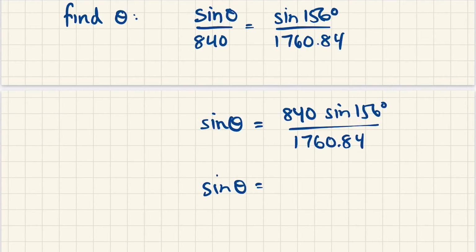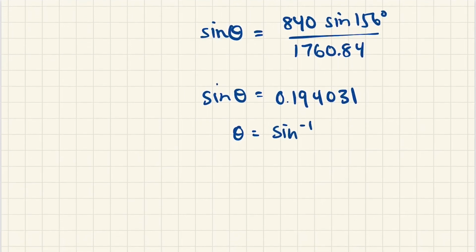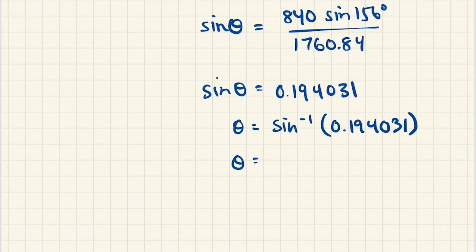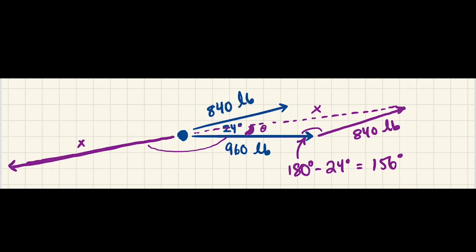So I get sine of theta is 0.194031. And so theta is the inverse sine of that. And I get that theta is 11.1881 degrees. All right, looking at our diagram, you can see, yeah, it's sort of about half of the 24,